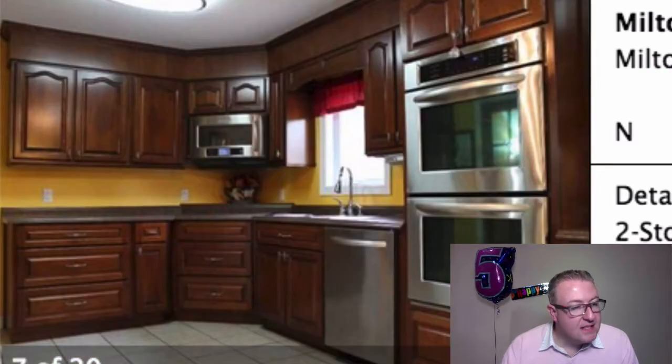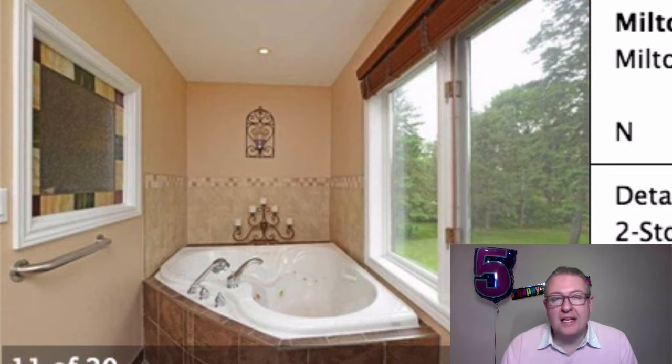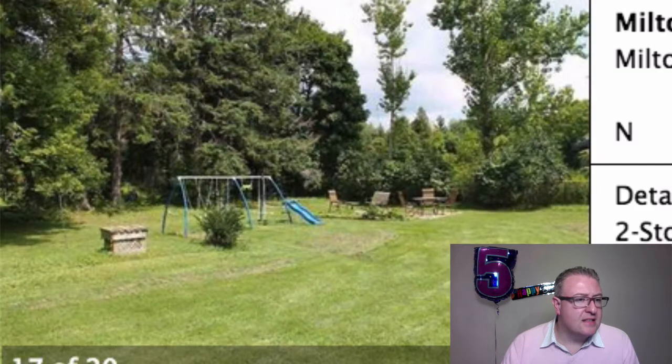Inside the home, it looks pretty clean and tidy. The kitchen has had some work done. You've got a double oven here. There's nothing wrong with it. Sometimes when you get into the country, at this price point, high fives, you kind of look and say, I'm going to have to put a lot of work into it. It would appear that this one is